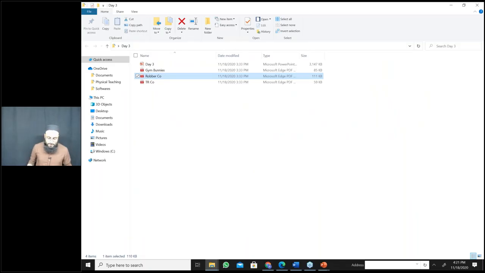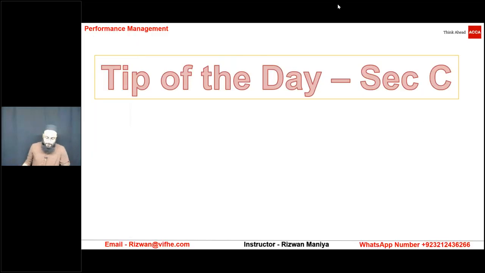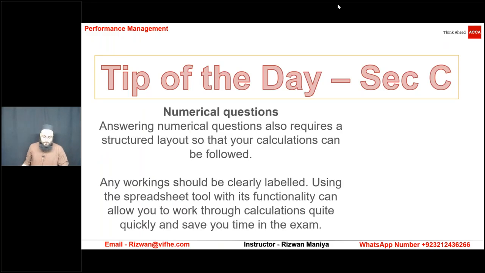let's have a look. Tip of the day, section C. What examiner says. Numerical questions, the one as we are solving right now. Answering numerical questions also require a structured